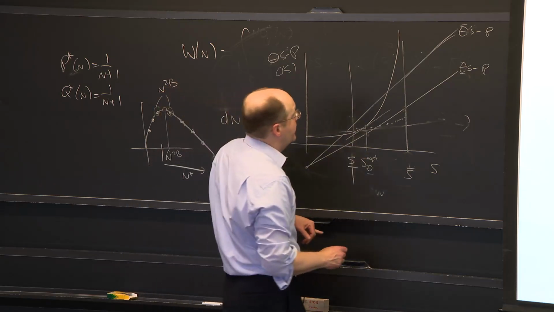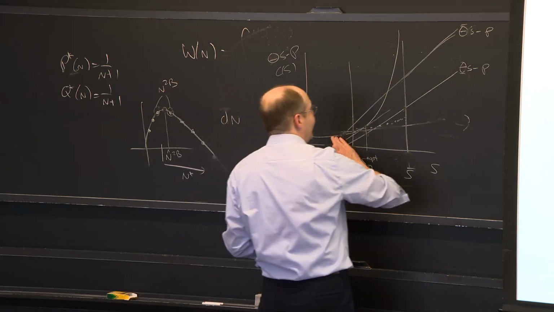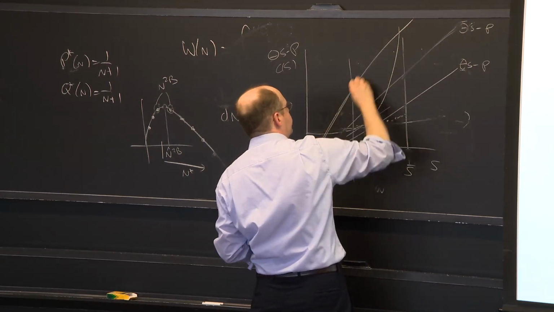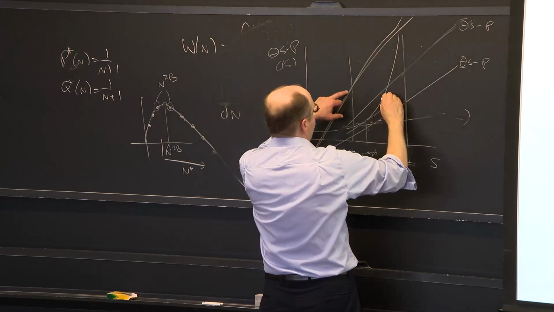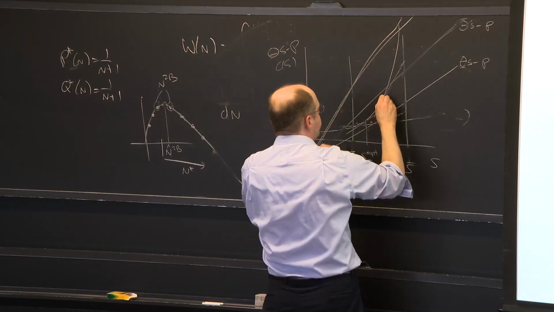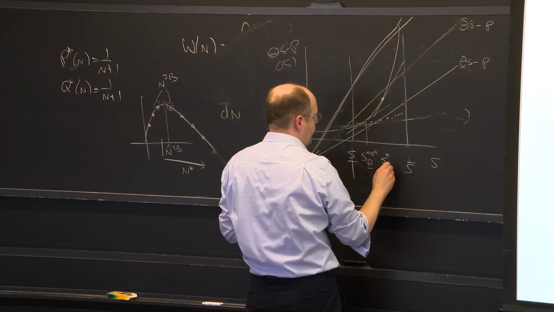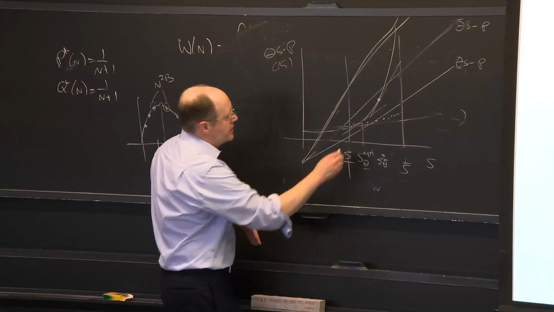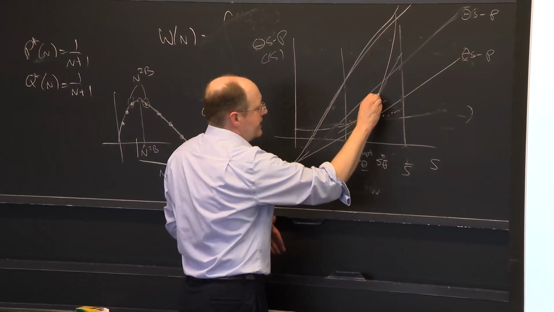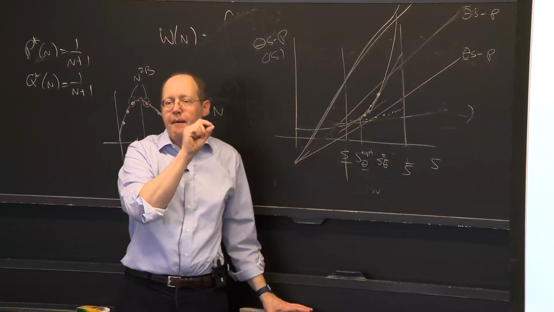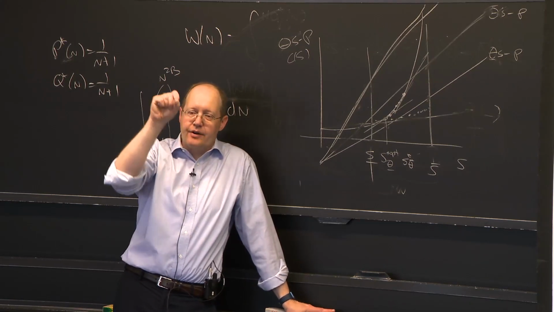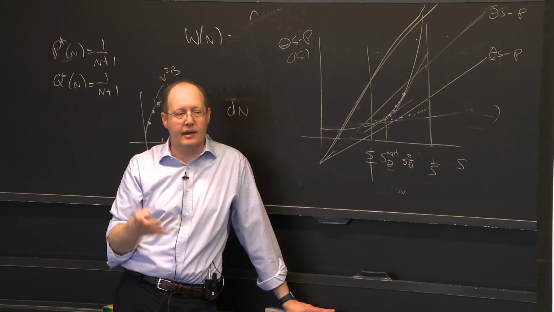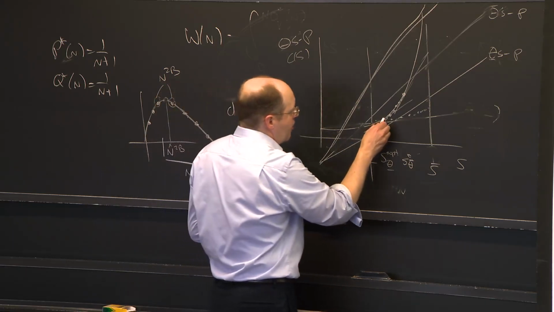And the theta upper bar types, maybe I should have made this steeper. Let me make theta upper bar even steeper. The theta upper bar types are going to have a point where, again, they're going to buy up here where it has this greater slope. So the S star theta upper bar, they should be buying this product. And everybody with a theta in between should be buying something in between. The optimal product for everybody is the point on that curve where it's an efficient quality for them. Okay? So if you have a model like this where